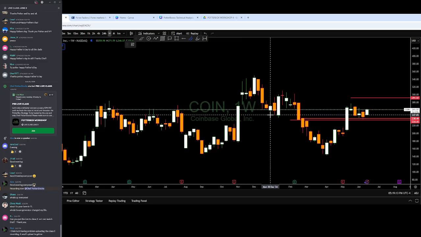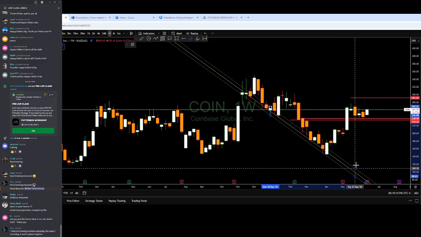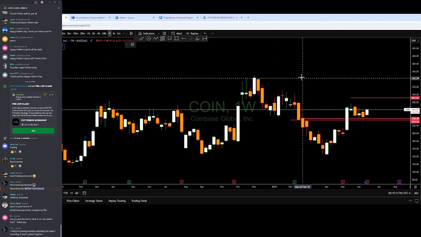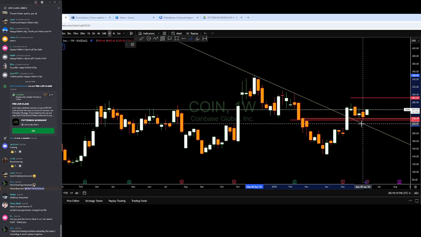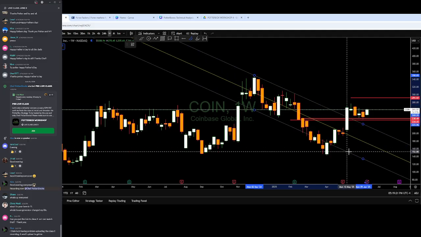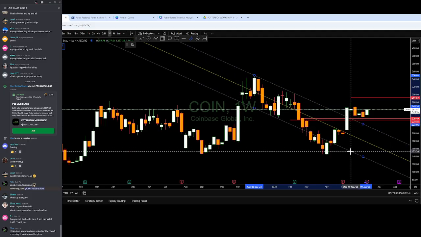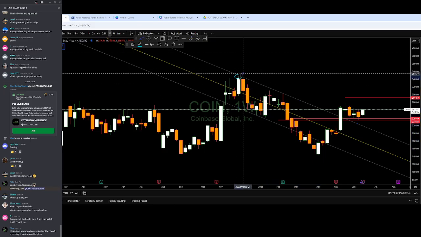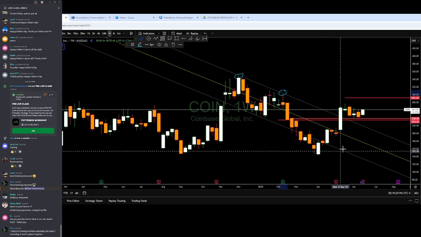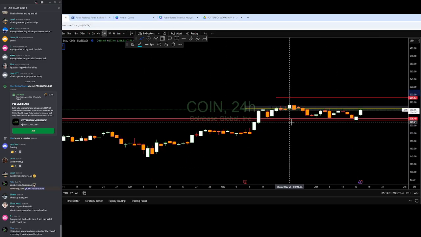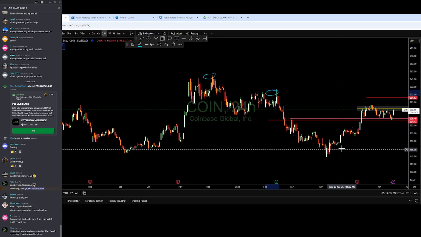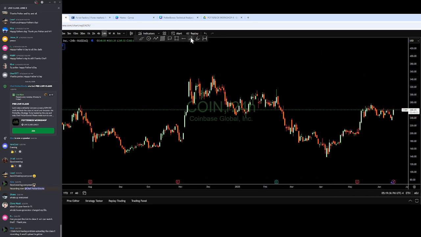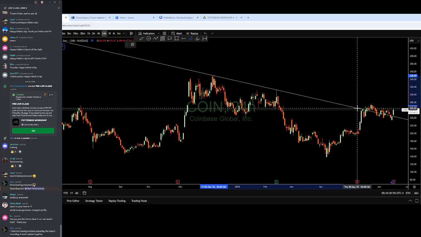It looks like this coin does have a channel. Again, I'm focused on points of contact. So even if that means the channel was broken at some point, I'm focused on this, right? And if I want to be sure about it, or I want it to be a little bit cleaner, as you can see, I'm moving here from the weekly down to the 24-hour, and I'm going to do it again.